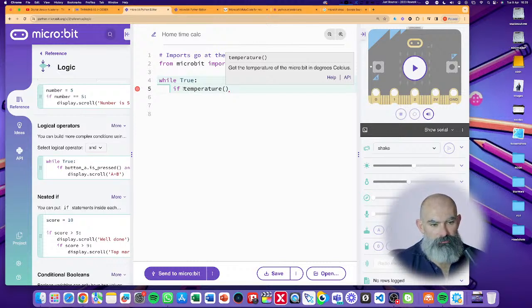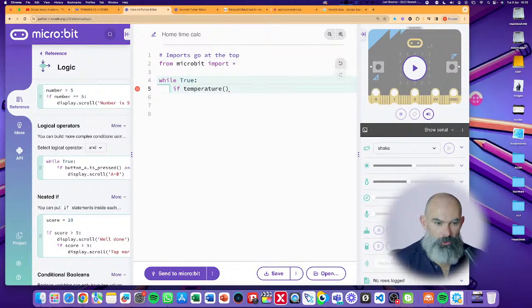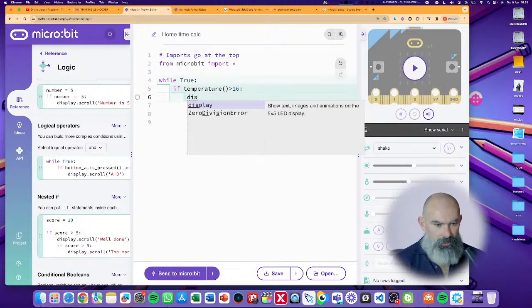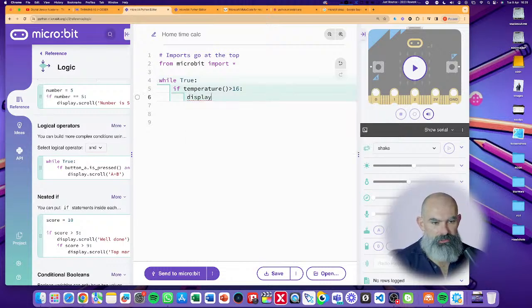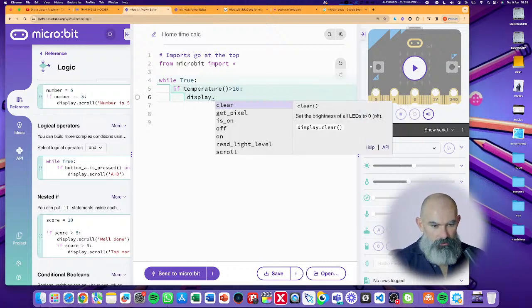So if the temperature, whatever that might be, so I'm coming out of there, is greater than 16, because that's apparently the kind of law, 16-ish degrees, apparently, your classroom has to be. So if the temperature's there, don't forget your colon here, and it drops down because of that. Then I'm going to display, and you can use the reference to drag this up, but I'm getting used to this now, and I'm going to do dot